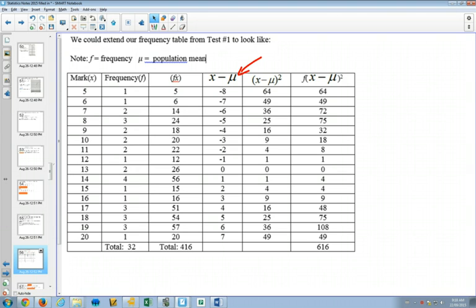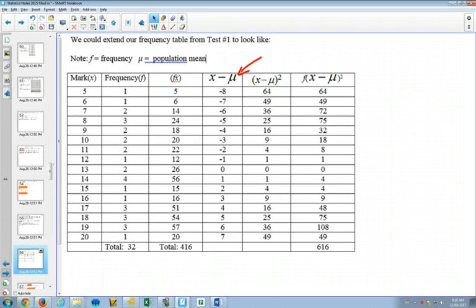Does it make sense that 5 is 8 below 13? And this one's 7 below, 6 below, 5 below. 13 is right on the mean. So these are all our different spreads from how far away they are from the mean. So what we do for standard deviation